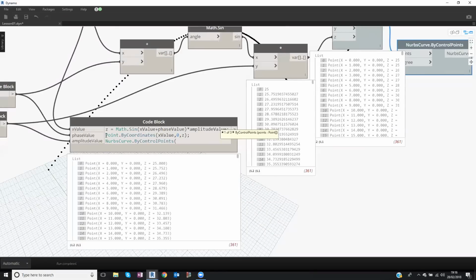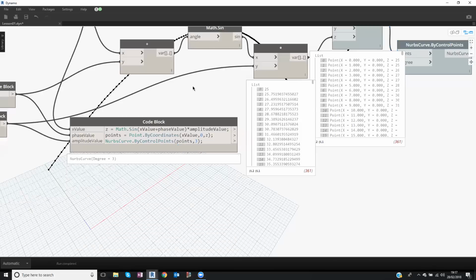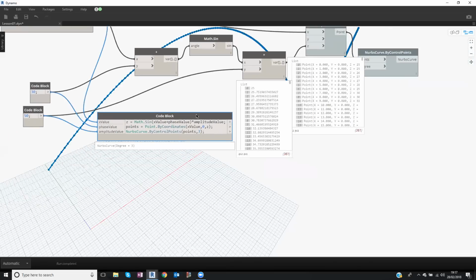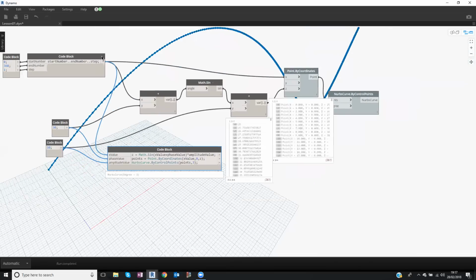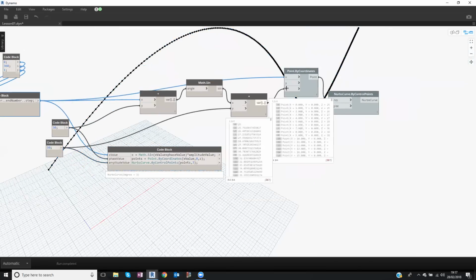So first of all, we need to say that this is a list of points. So we need to use a variable for this in order to be able to use it in here. And here we can say points, and the degree, for example, is number 3. So again, this is acting exactly like this one,